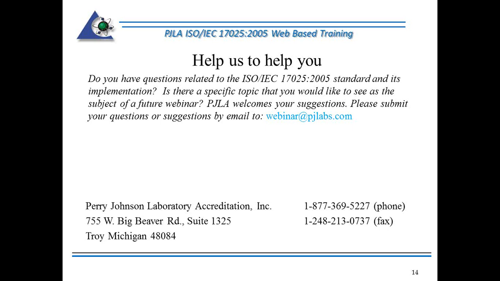But the answer there is it's dependent on the nature of the organization that provided the materials and the kind of credentials they have. If it's an accredited testing or accredited calibration laboratory, then a certificate that is accurately completed and bearing evidence of traceability, either by way of a statement that is correct, not a statement that says traceable to NIST, but a statement that would say something like traceable through NIST to the System International, would be acceptable. Or if it has the accreditation body accreditation logo on the certificate, the standard says that constitutes